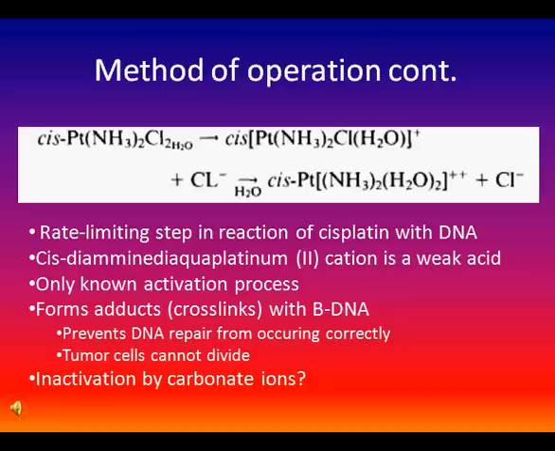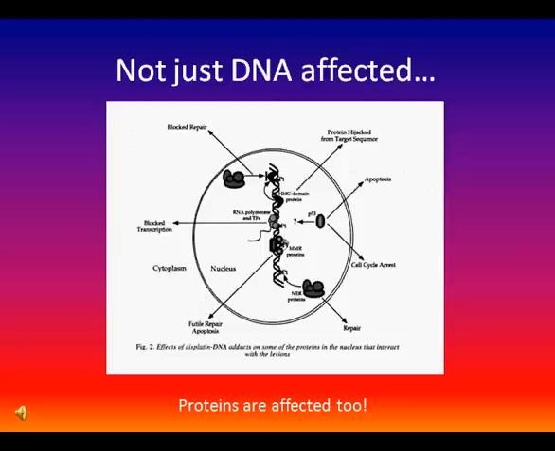A recent study at MIT was done to determine whether types of biologically abundant molecules, such as carbonate ions, prevent the DNA from forming fully functional cross-links that prevent cell division. The experiment demonstrated that carbonate ions can inhibit DNA binding, since the cation binds strongly to carbonate anions. Although the cation is still able to form bifunctional cross-links that unwind the helix enough to prevent DNA repair,